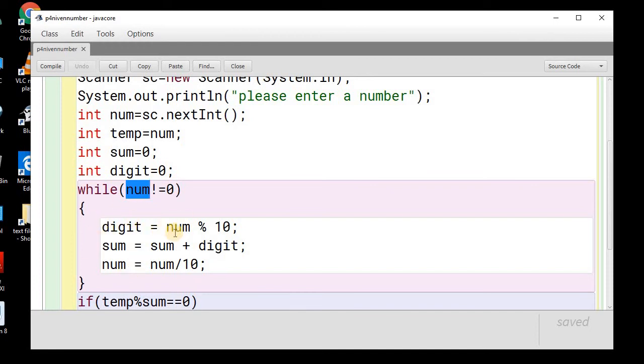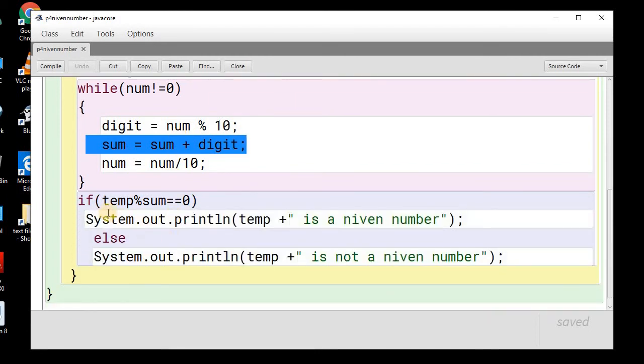So now again the loop will execute. This time 12 mod 10 will give us 2. So this time 2 will be in the digit. Again we'll sum. Previously the value of sum was 6, now plus 2, this is 8. So the new value of the sum is 8. Again num will be divided by 10 and the number will be shortened more. In this way we can extract the digits of the number and we can perform the sum of all the digits. So you need to remember these steps, which are very important in most problems like this where you have to find out some number.